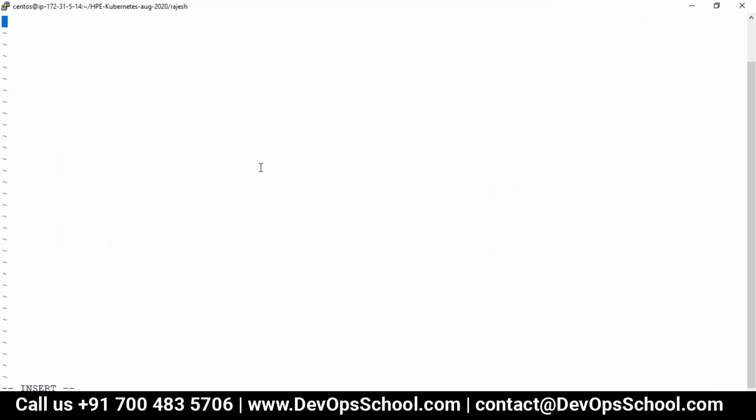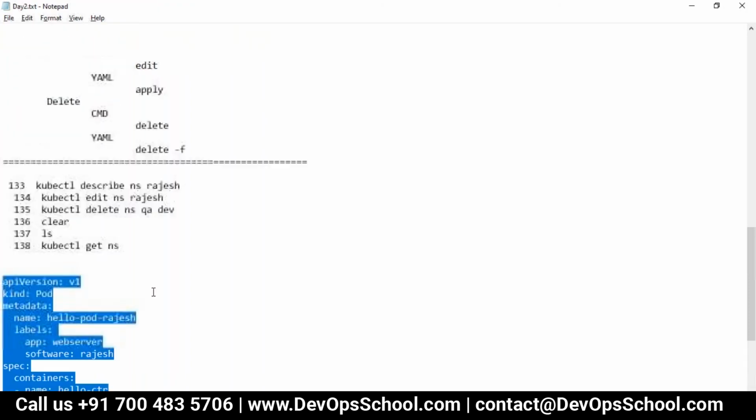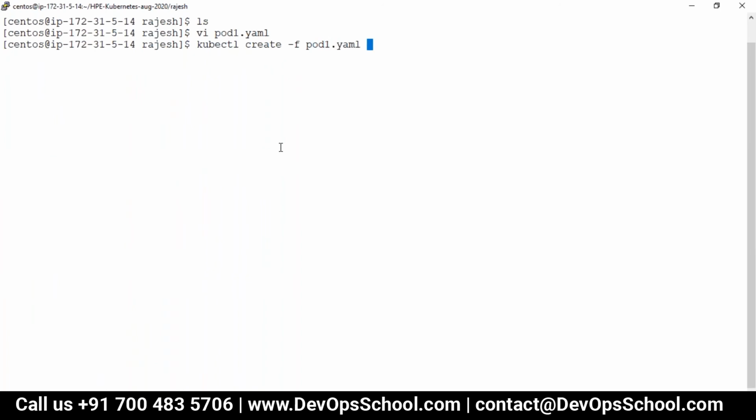Guys, now understand, if I create with this -f, see here, I taught you already, I can create pod1.yaml. But any idea, if I run this command, where will this get created, which namespace? Any idea?